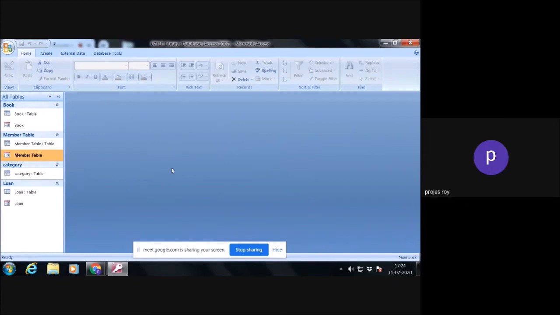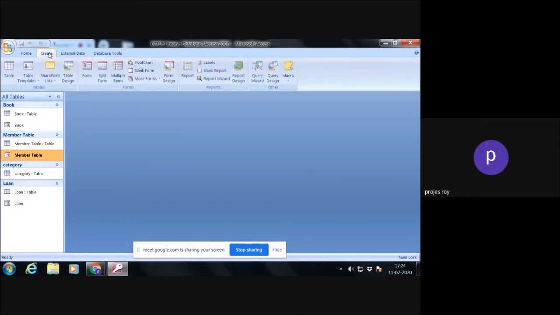Now you have to understand, only issue and returning is not important. You have to find out some books over there: who is taking books and when they are going to return them. So these calculations need to be taken. That can be done only through a query. But before the query, we have to set some kind of relation between the tables.